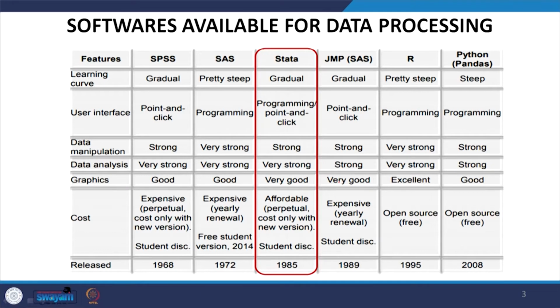For us, data we have highlighted here: you can look at why data is important and why it is so necessary, based on how easily you can handle it, how better data manipulation you can do, data analysis, and also affordability of that particular software. So, you just have a comparison for your knowledge; it will be useful.